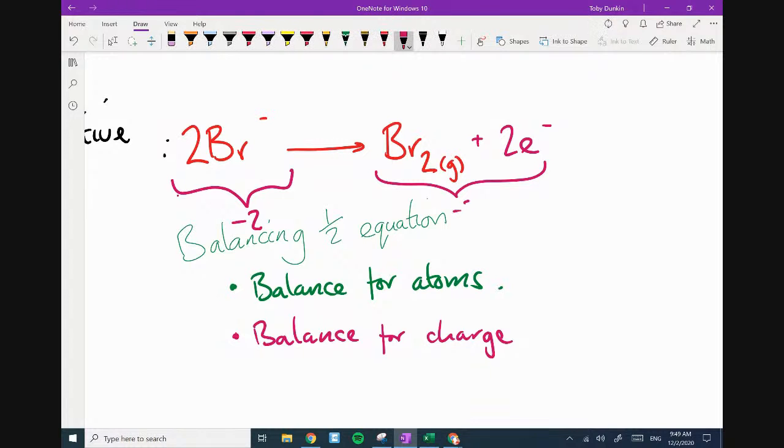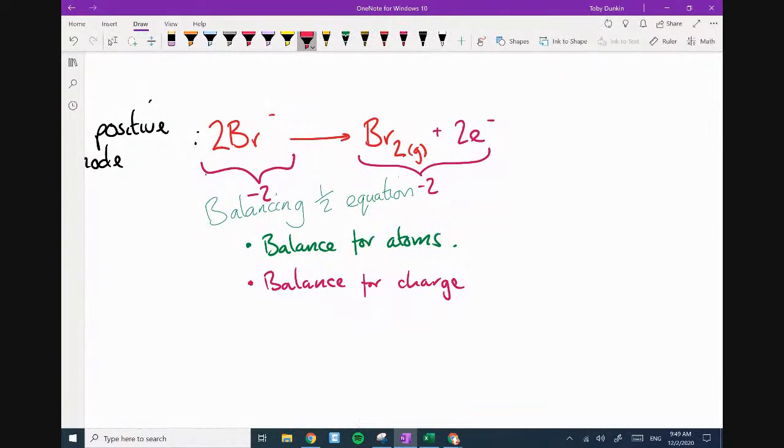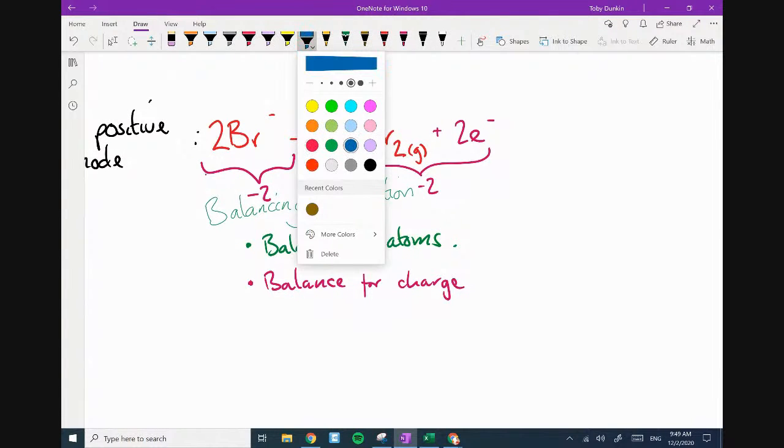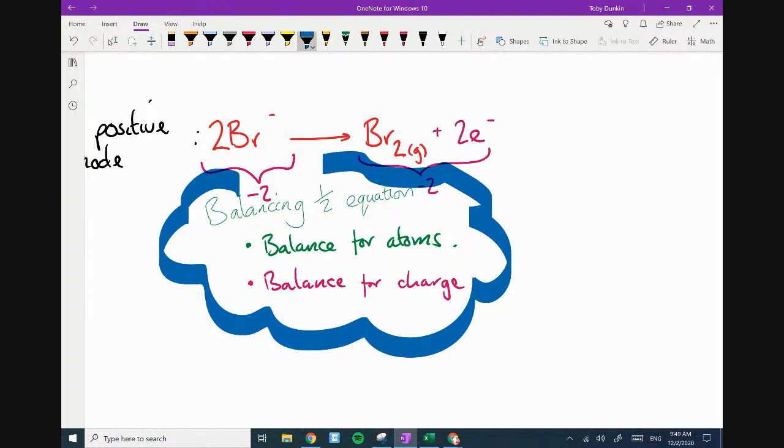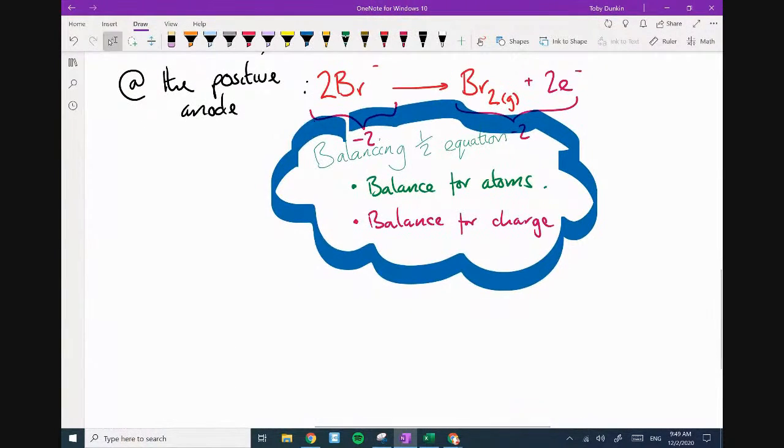So that is now a balanced half equation. And that's the process. It's worthwhile learning that. There's huge value in this process. Balance for atoms, balance for charge. That's it. Right. So what's happening at the negative cathode? So at the negative cathode,